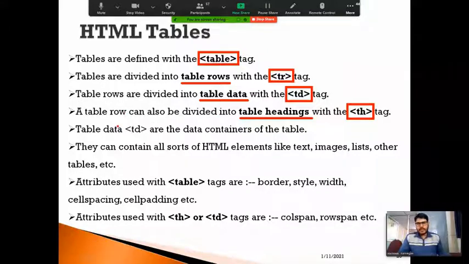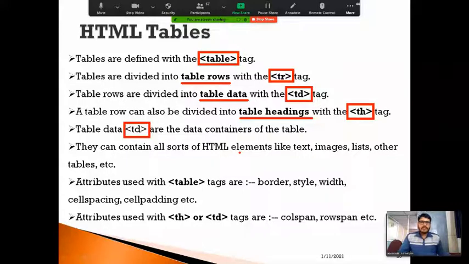And we can define the data container by using the td tag. This we have already discussed. By using the td tag, we can define the table data. Within this, we can place several elements.